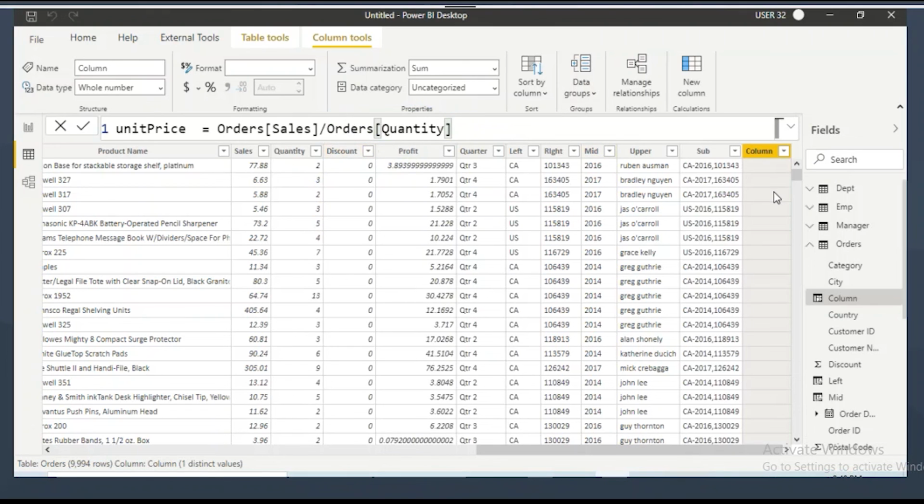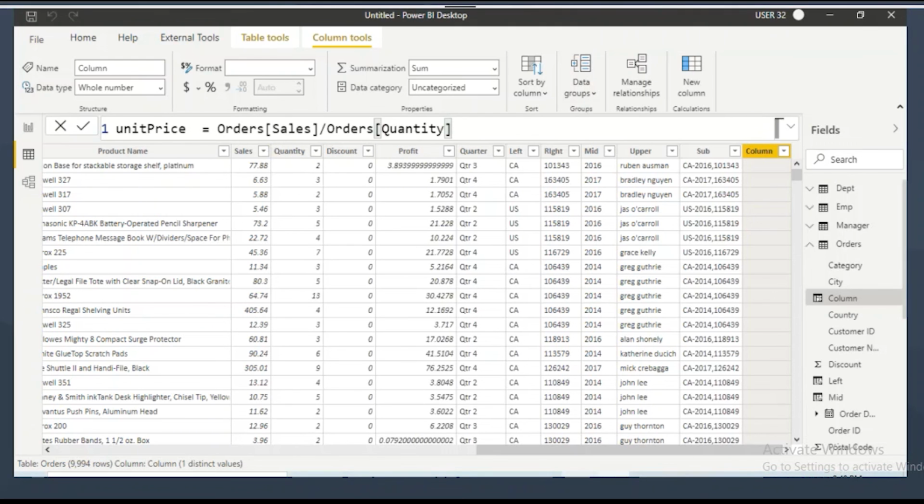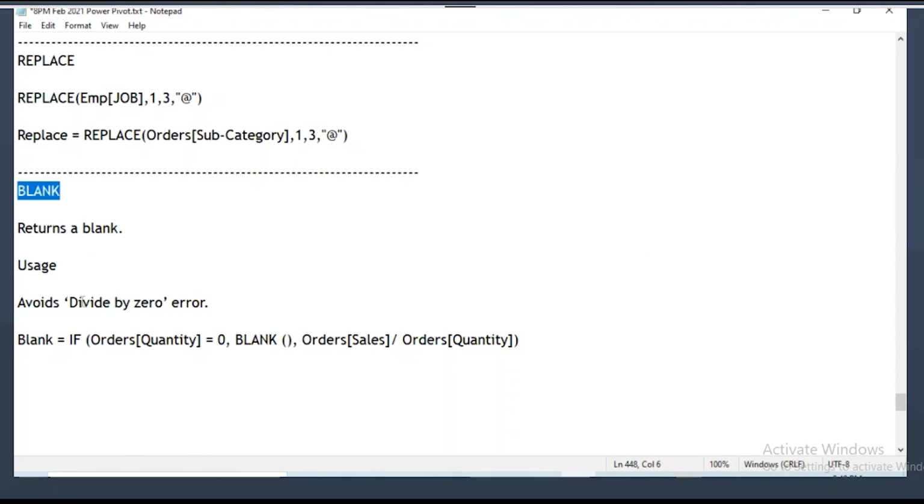When you have any column which contains infinity values, it is not possible to perform any arithmetic operations. That is the reason I don't want to get infinity values here. So whenever we need to avoid divide by 0 errors,